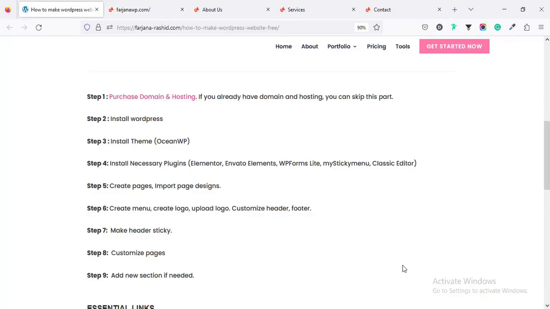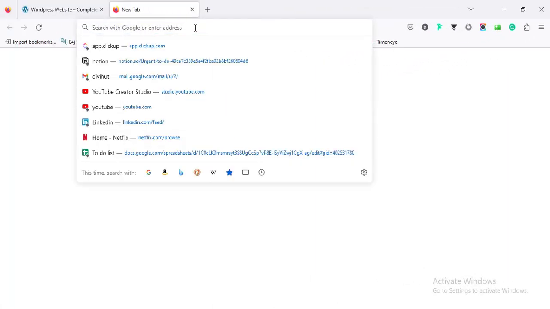I have divided this tutorial into 9 simple steps. The very first step, purchase your domain and hosting. Here I will show you how to get a domain name completely free for the first year and how to get up to 60% discount for hosting through my link. If you already have your own domain and hosting, you can skip this part, or if you don't have, then follow along. So to get domain and hosting, go to my site,